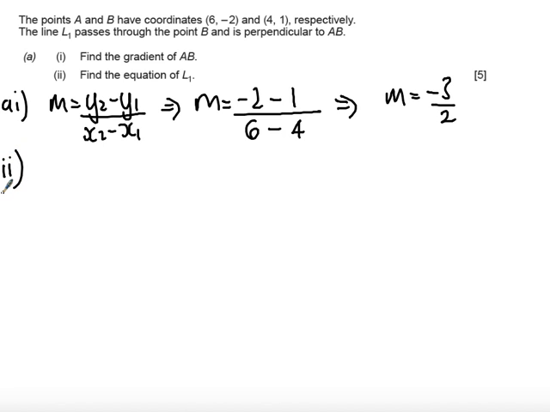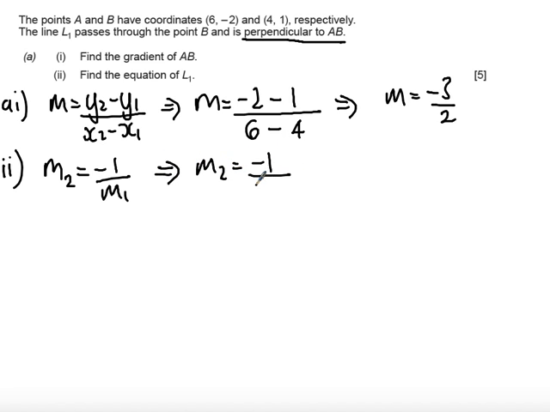Part 2 asks to find the equation of L1. To find the equation of a line, I need a point and a gradient. I have the point B, which is (4, 1). I now need the gradient. I'm going to use the fact that L1 is perpendicular to AB, and so I'm going to use the property m2 equals -1 over m1, where m1 is the gradient of AB. So m2 is equal to -1 over -3/2. This double negative will turn into a positive, and flip that fraction upside down,